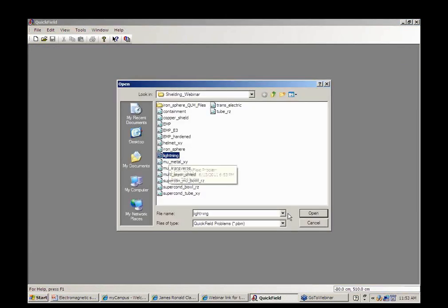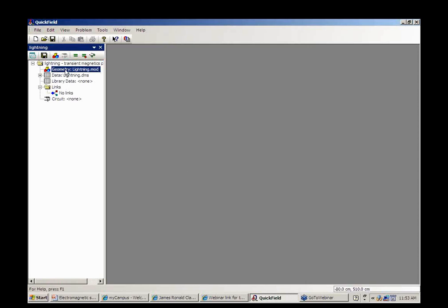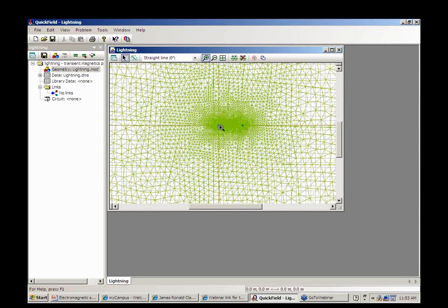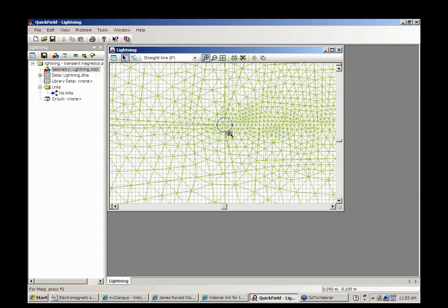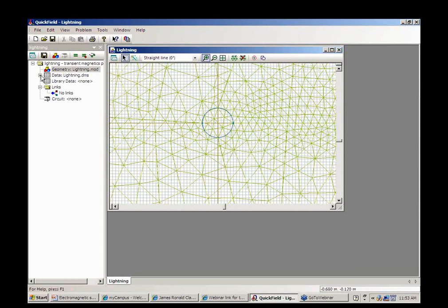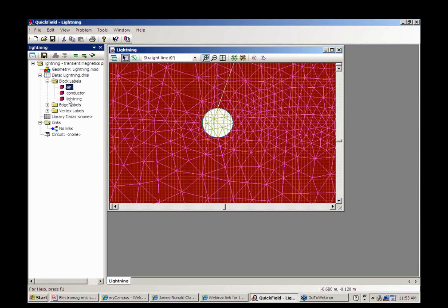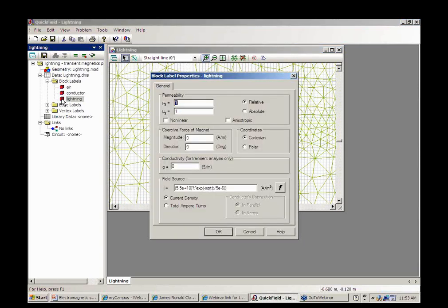This is lightning. Okay. This is our geometry file, very simple geometry. The lightning bolt has a radius of 20 centimeters that I have here. Okay. These are block labels. This is the air region. We have a conductor next to it. We can see the current that's going to be induced in the conductor here. All right, this is our lightning region. And I've given it a